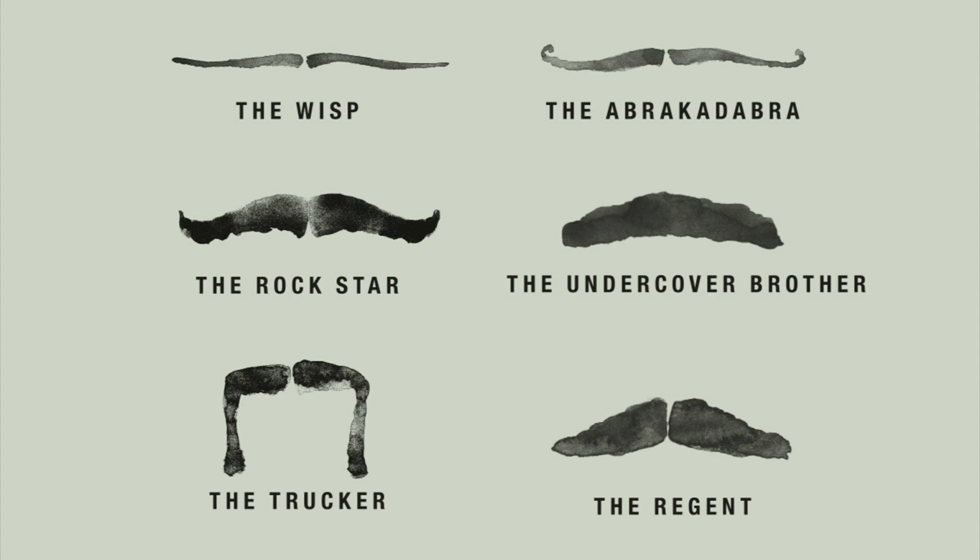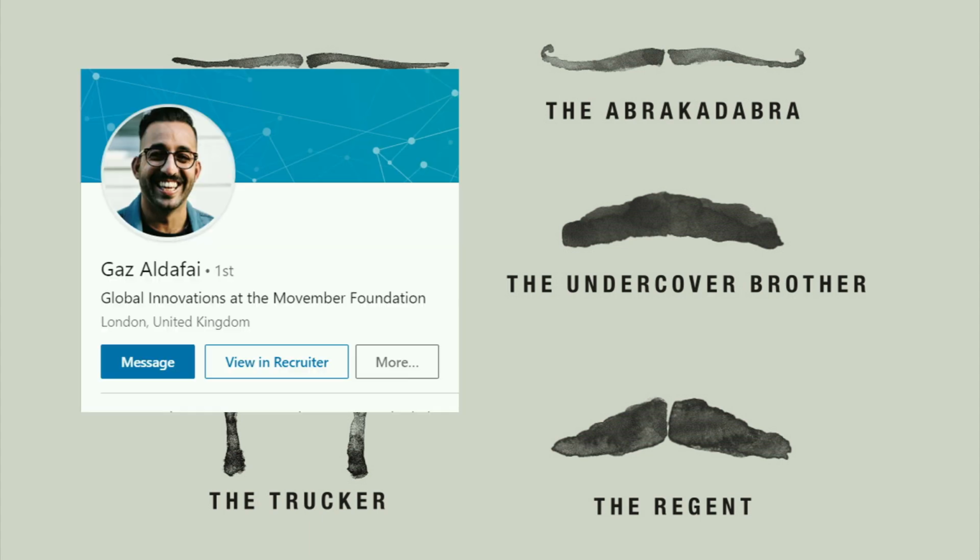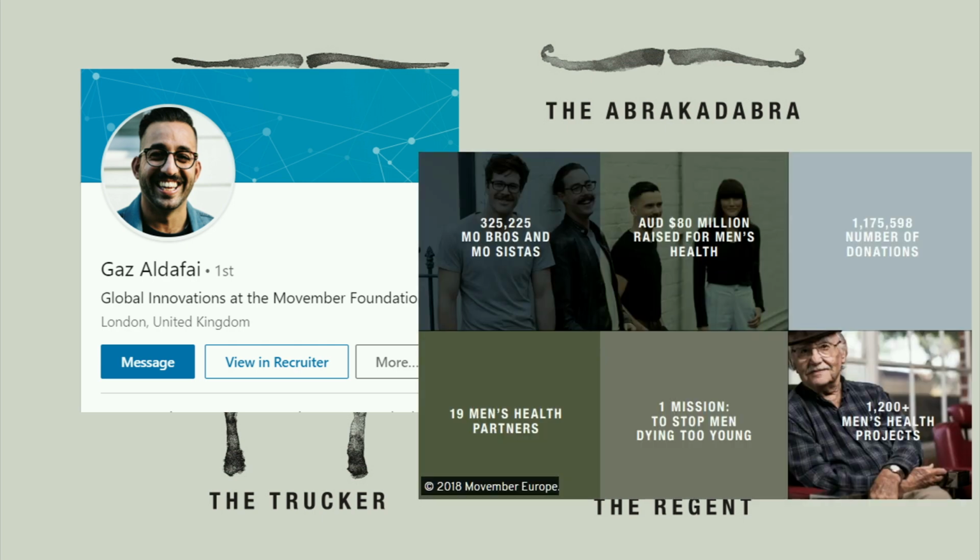And this isn't just a kind of weird month every year where you're like, why are all these people growing mustaches? It's actually a global nonprofit, and it's where my other half, Gaz, works. Last year, Gaz was charged with figuring out how Movember did in certain campaigns and which cities they should target for the following year. Of course, entirely of his own free will, he figured that Tableau was obviously the best way to do this. And like many of you, and definitely like myself, Gaz doesn't come from a background in design. And he also actually didn't come from a background in analytics at all, so he had to start from scratch.